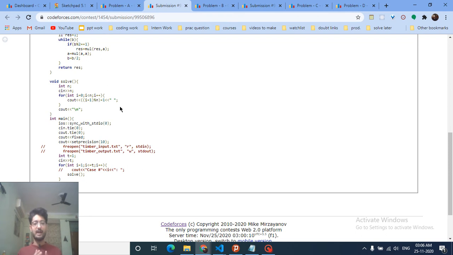So you have to just take i plus 1, which will take you to the next index because you have to output the next index, mod it with n because you're right shifting. So if you go out of bound, you will go to the first point, but because the indexing is from 1, you just add 1 to it.